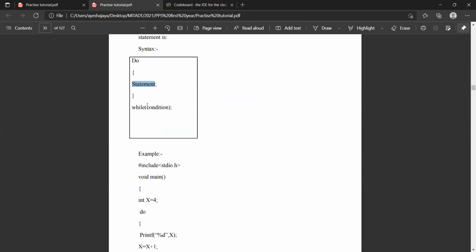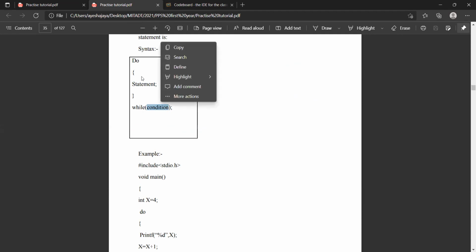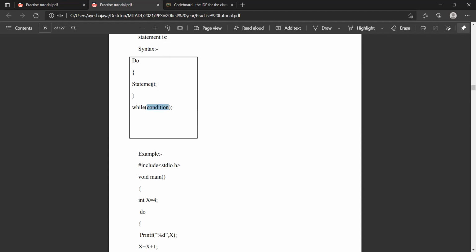The syntax. So syntax is do first, statement and then while. Previously what was happening? First the condition was there. So in the previous while loop, first the condition will be checked and then the statement would be executed. But over here, first this statement will be executed and then the condition would be checked. So if this condition is true, it will again go inside the loop. But if it is false, it will not go inside the loop. So what is the difference between while and do while? In while loop, even if the condition is false, the statement will not be executed.